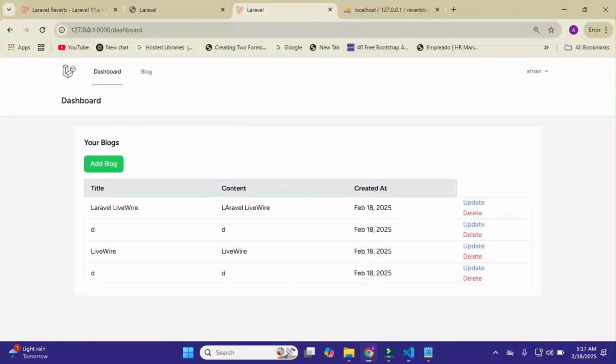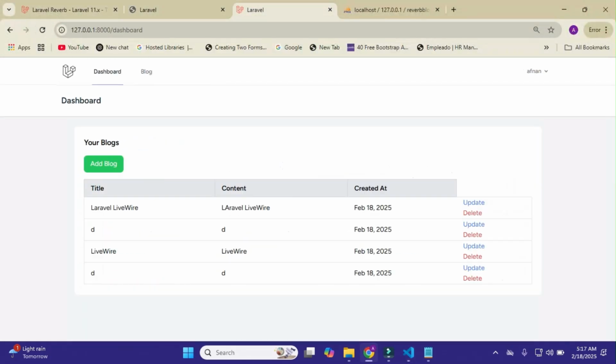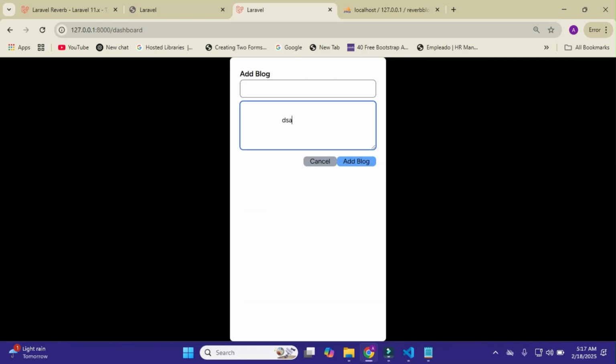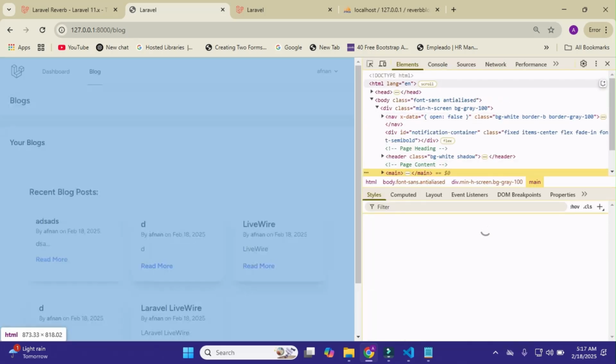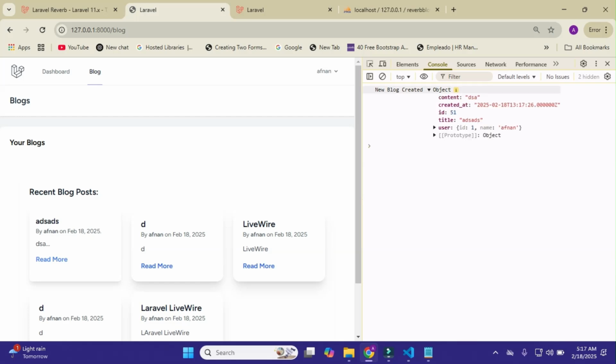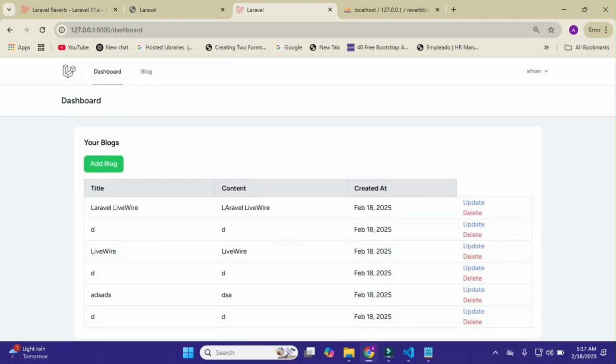Okay, so that's it. Now I'll just simply go to my browser, reload it, and now I hope it will not give us an error, and now I'll just simply create a blog like this, and it will show me the blog here in real time, but it will not show me the message. Just simply create a blog, and here it will not show me the message. Okay, so I think we made some mistake in it,